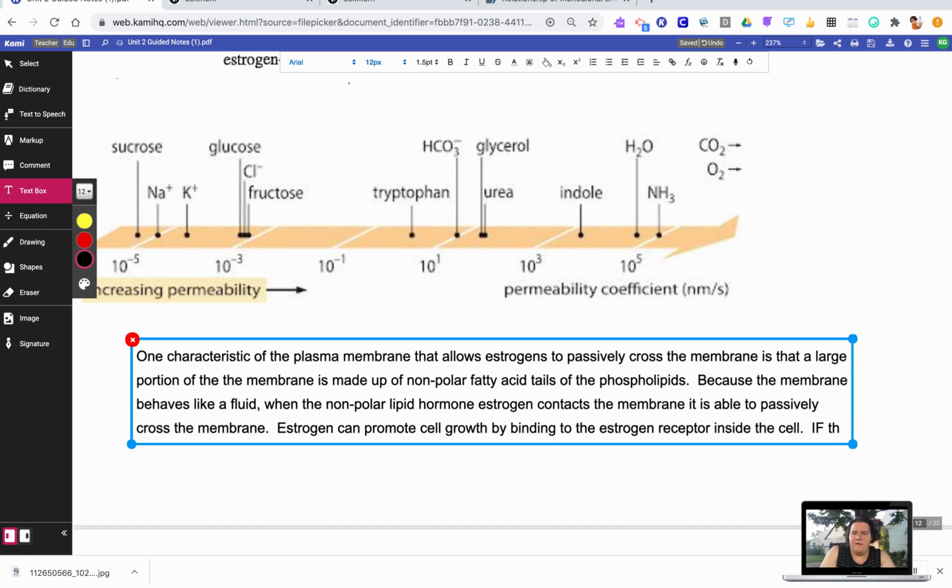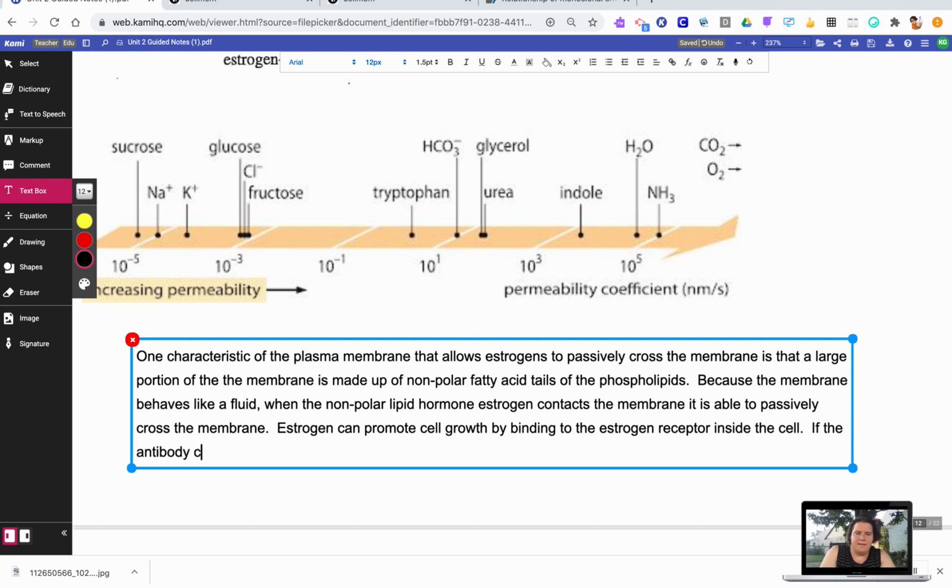If the antibody can bind that receptor instead, it can help stop estrogen-dependent growth. However,